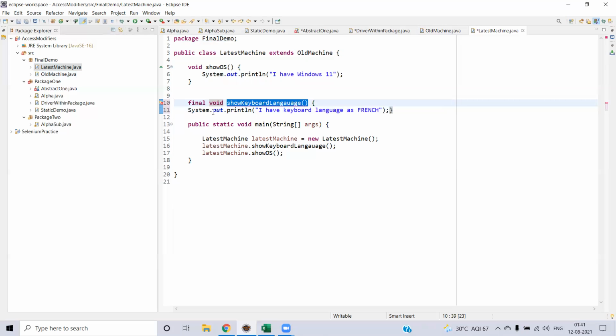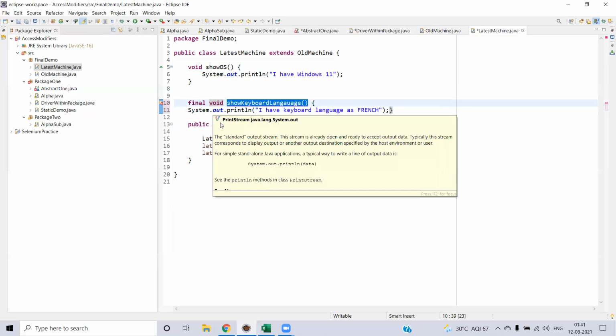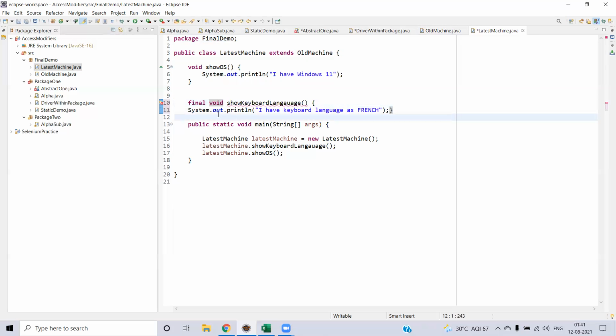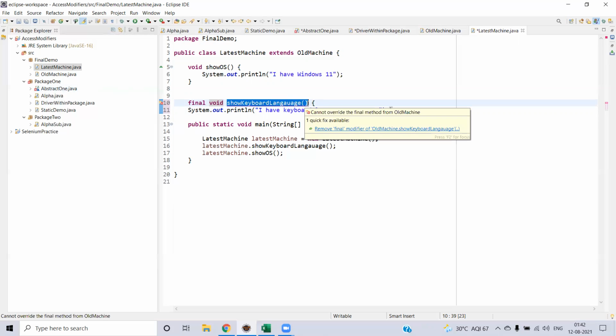So in the latest also I'm having the same kind of method name with the access modifiers, but still it will not allow it because it will look into the parent class. Since it's final, you cannot have the same method name. Whatever you have as the method name and the parameters or arguments inside the open and close parentheses, up to this point will be considered the method signature.